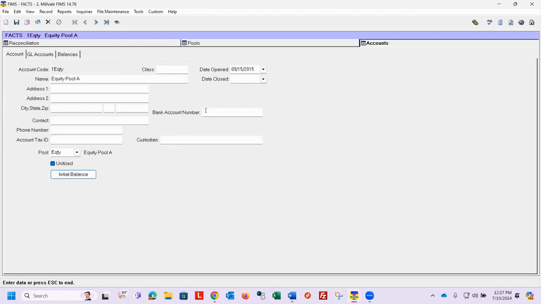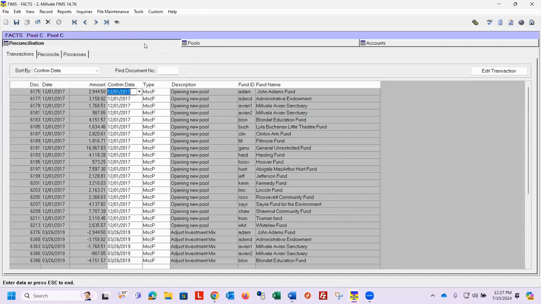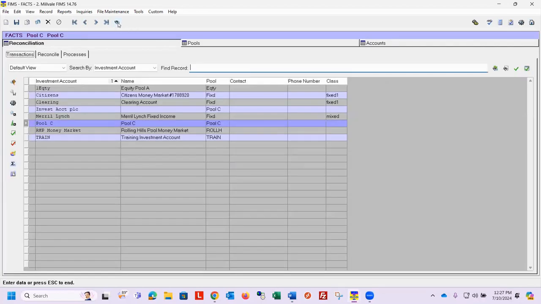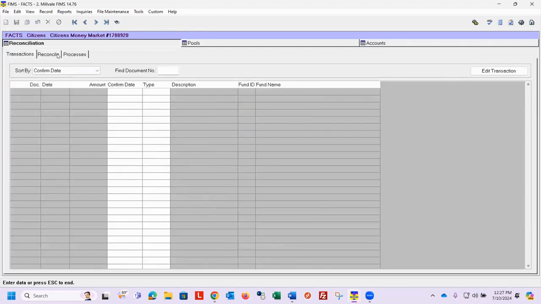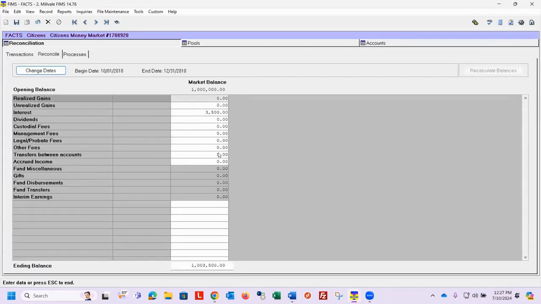How do you remove one? So what would happen is if you've got a pool that you're reconciling that has multiple investments and maybe one of them just happened to close, as you're going through the reconciliation process, let's say, for example, you're going to take all the money out of this particular investment account. So you would use that transfer between accounts line to put a negative dollar amount based on your ending balance. And that would calculate an ending balance of 0. You'd move that into one of the other investment accounts and you would finish processing your